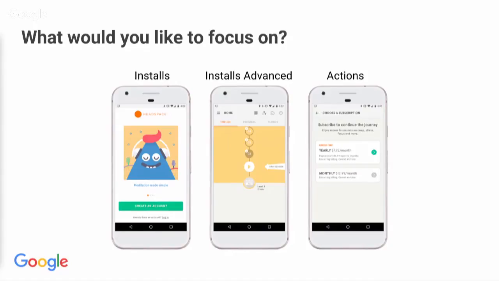So, again, on that scale, we're really skewing to the right of that. Again, just trying to find as many users as possible at your target cost per install. Kind of in the middle of that is the installs advanced campaign. And the difference here between an installs advanced